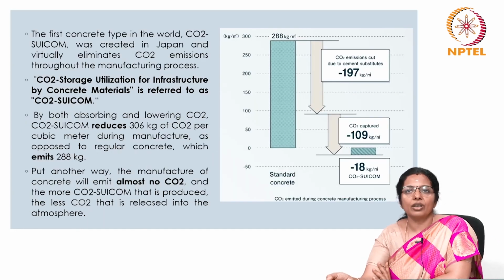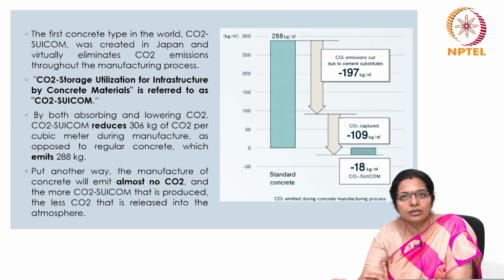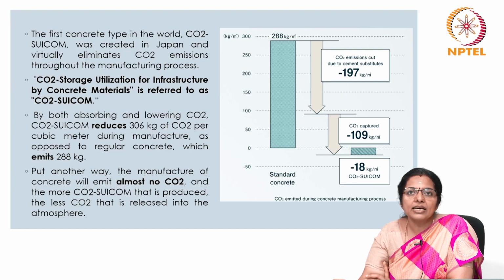So, the first concrete type in the world, which is carbon dioxide Swayam, was created by Japan, and it virtually eliminates carbon dioxide emissions throughout the manufacturing process. Carbon dioxide storage utilization for infrastructure by concrete materials is referred to as carbon dioxide Swayam. By both absorbing and lowering carbon dioxide,